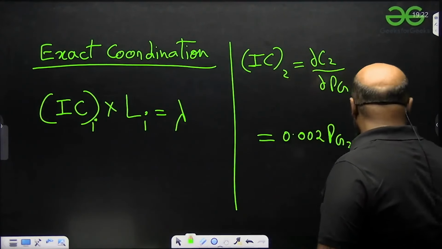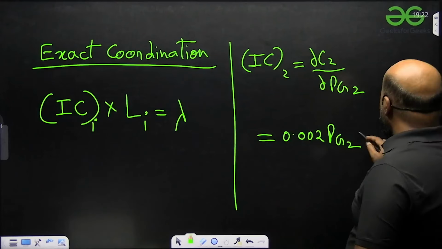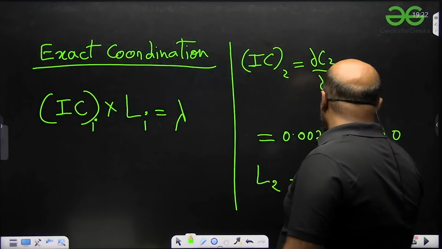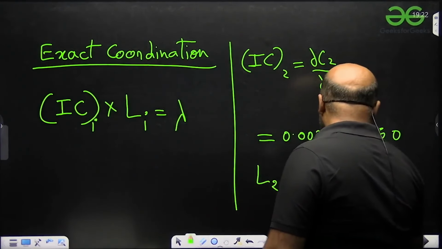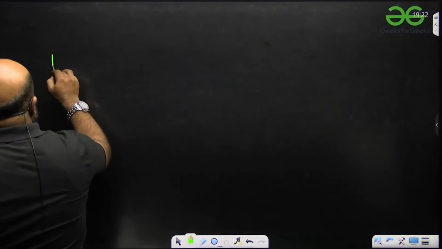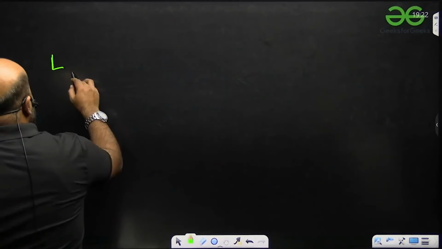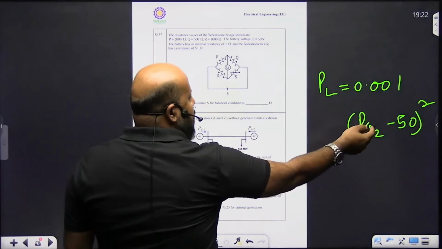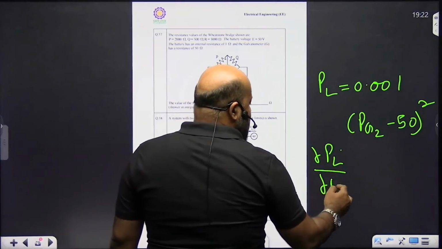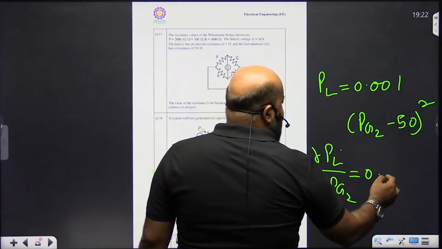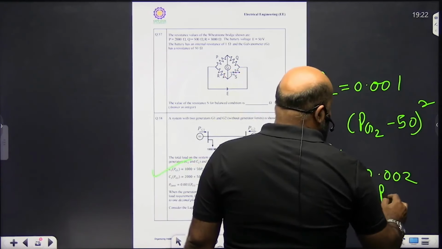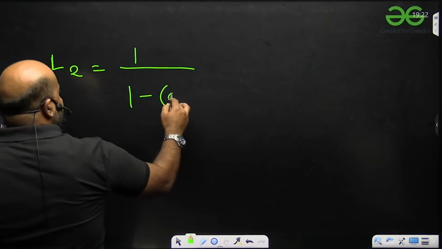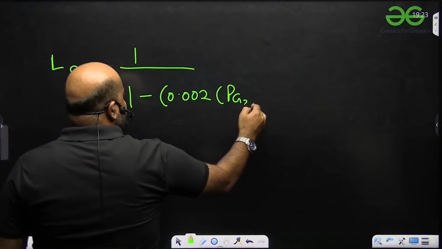तो PG2 के रेस्पेक्ट में इसको डिफरेंशिएट कर दो तो कितना आ जाएगा, 0.002 PG2, और ये आ जाएगा सिंपली प्लस 50, तो इंक्रीमेंटल कॉस्ट तो ये आ गया। अब इसका पेनल्टी फैक्टर क्या आ जाएगा, ये आ जाएगा 1 बाय (1 माइनस ∂PL अपॉन ∂PG2)। पेनल्टी फैक्टर फॉर द सेकेंड जनरेटर। तो इसको जरा PG2 के रेस्पेक्ट में डिफरेंशिएट करोगे, ∂PL अपॉन ∂PG2, तो ये क्या आ जाएगा, 0.002 (PG2 माइनस 50), बस इतना लिख देना है, तो ये हो जाएगा 0.002 PG2 माइनस 50।